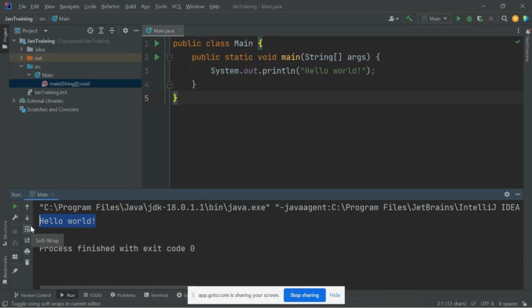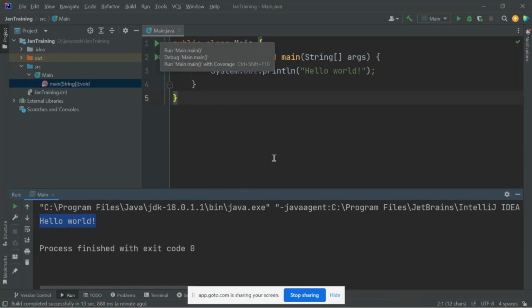How it is happening, what commands it uses and all, I'll show in the next class. So today's hands-on is to try to install the software. First thing is your JDK, second thing is your IntelliJ, and you follow the steps. The recording will be shared with you. You just follow the steps: what checkboxes I have selected, what I have typed. You try the same thing, copy the same thing, and write your very first Java code.